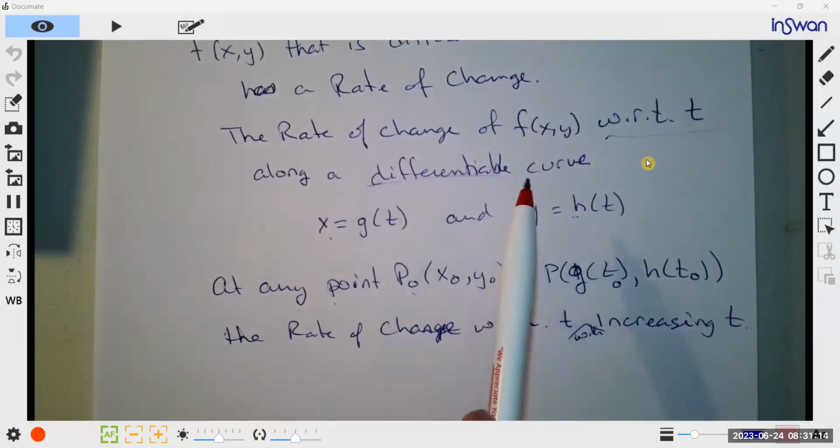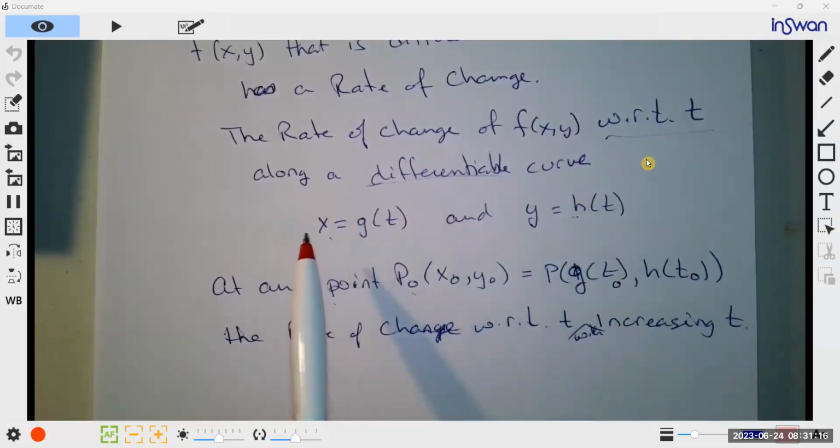The rate of change of f with respect to t along a differentiable curve is parameterized by x and y. At any point on the curve, p sub 0, the rate of change with respect to increasing t